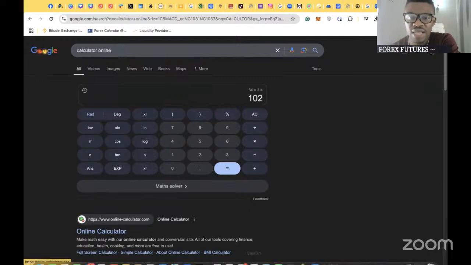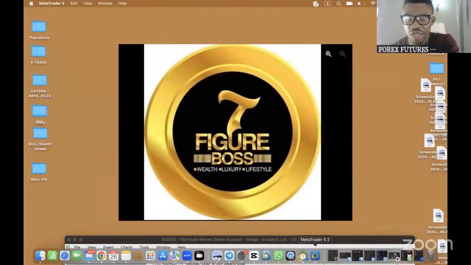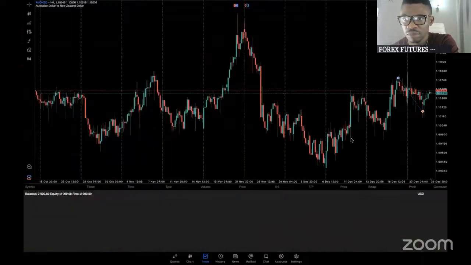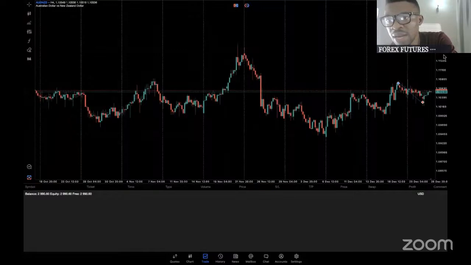How do we translate this into the charts? Because this is the calculation we have just done. We have to put this calculation into the charts. Understanding that, a 50 pip stop loss is going to be